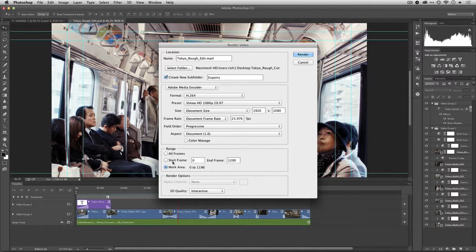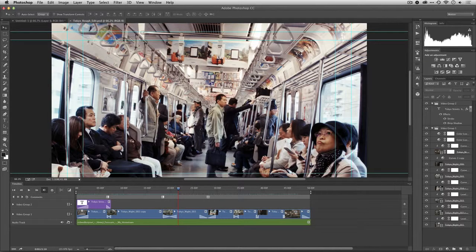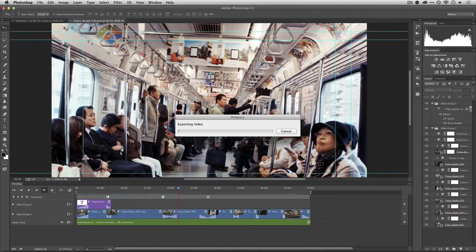At this point, I'm doing the entire work area, so that looks great. Everything seems fine. I've got everything all set here, so I can click Render, and the file will be created. Now, this takes just a little while as it goes through and processes, but this is okay. Photoshop is doing the maximum quality here, and what it's doing is analyzing your video file, applying the professional color corrections, doing the transitions that we've specified, and it will make the video file that's ready to share. Now, depending upon the speed of your computer, this